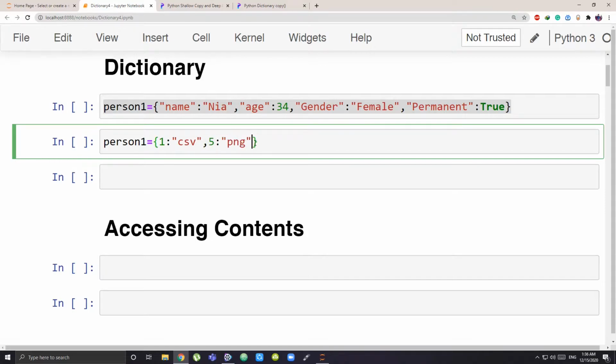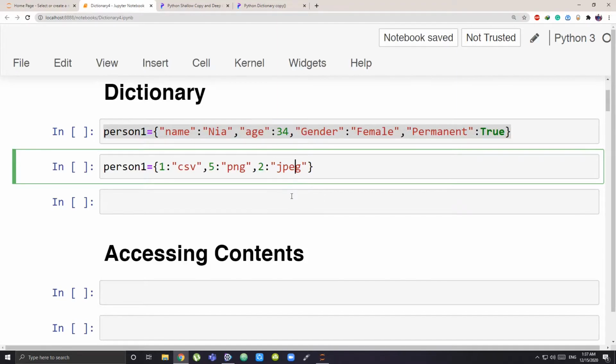Then what do I have? I have 2 JPEG files. So what I'm doing over here, I am basically having my values as 1, 5, 2, and these are my keys, okay, and each of these keys are having strings as their values. So this is how you make a dictionary.